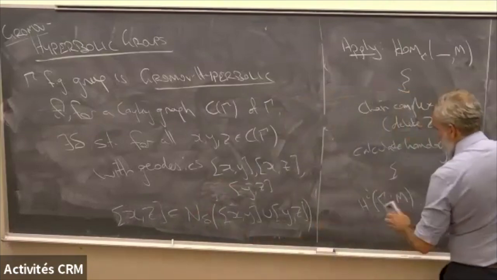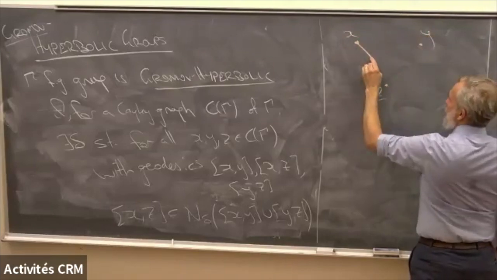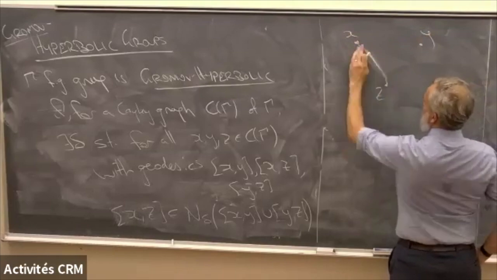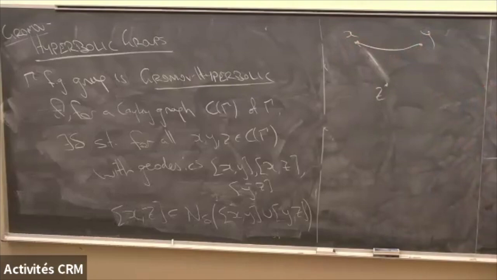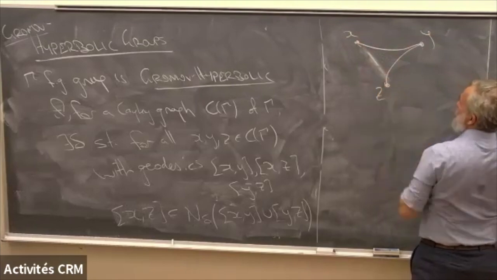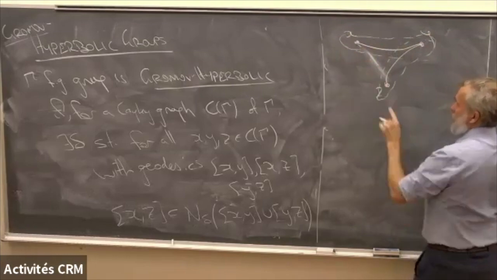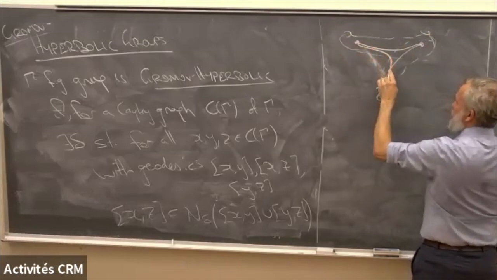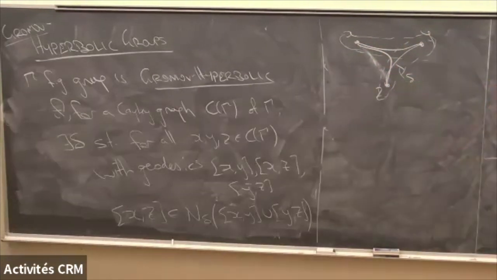That's when I probably should have some colored chalk. So here I have x, and I have y, and I have z, and I have a geodesic. That's the third one, so I want to draw that last. So I have the geodesic from x to y. This is just a geodesic in the graph metric on this Cayley graph. And a geodesic from y to z, and I take the delta neighborhood around those two things. And if I hadn't done that first, then the geodesic comes in and it stays inside that neighborhood. So this is delta. So normally I make a joke about how you have to be careful to draw the third side last, but I wasn't careful, and then the joke's on me.